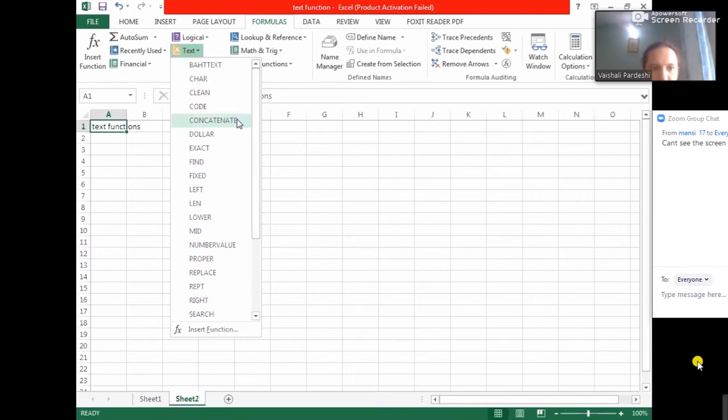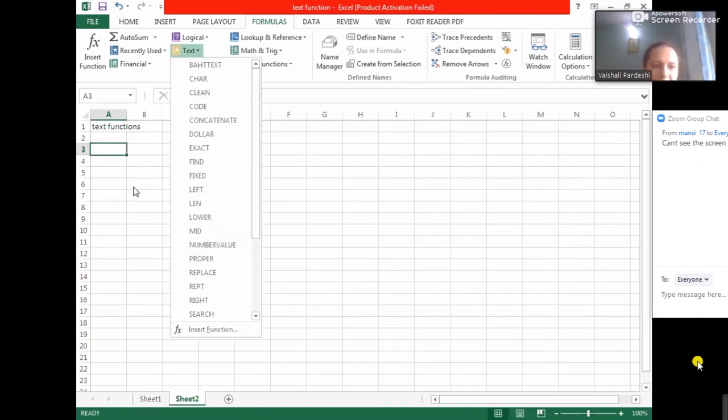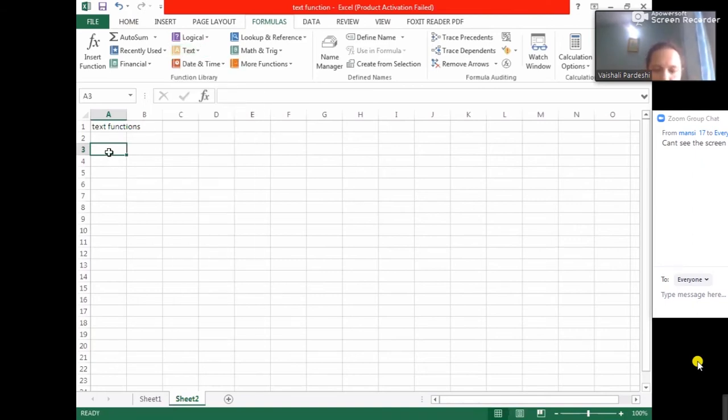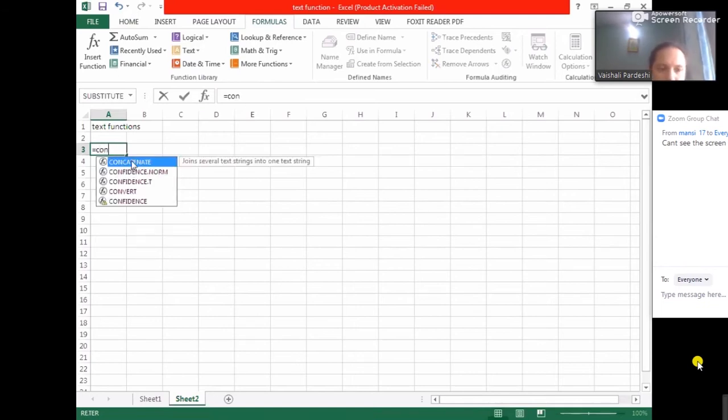Now the first function is the CONCATENATE function. You can type this directly if you know what the function does and you are confident using it.